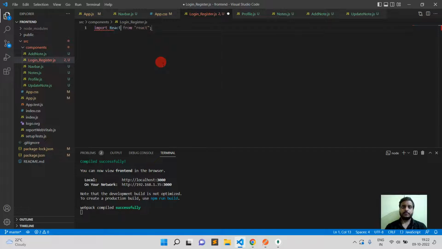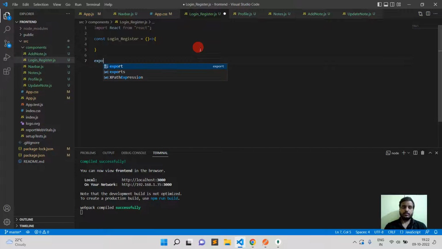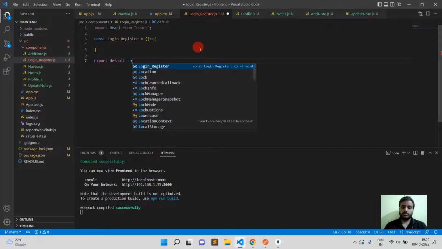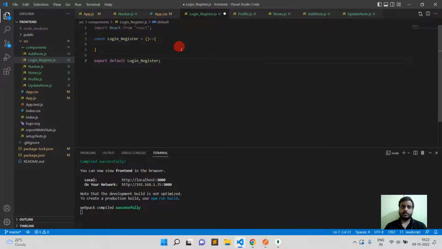Import react, export this login underscore register. So export default login register. Okay, and here return